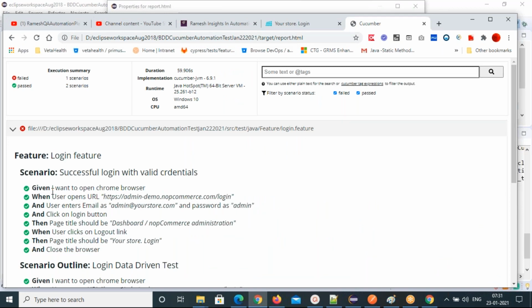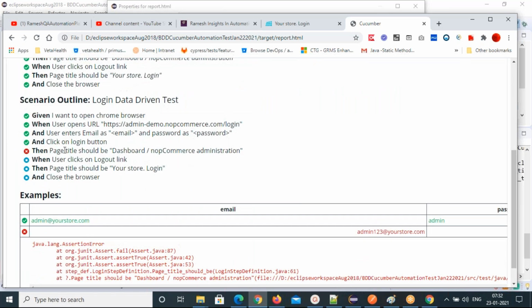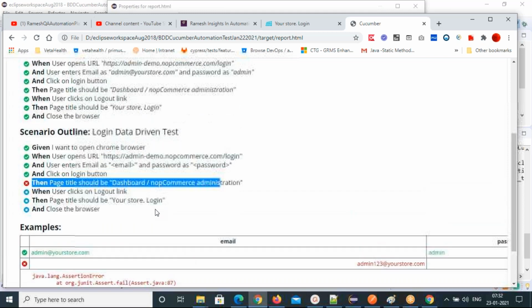Every step passed. So what is the difference between Selenium and this one? Here, see that execution summary: passed two scenarios, failed one scenario, and all this information about your system. But here, each scenario, step-wise status you will get. That's the difference between Selenium and this. There, you are getting test case wise. Here, you are getting step-wise, whether each step is passed or failed. And here, see that this step is failed.